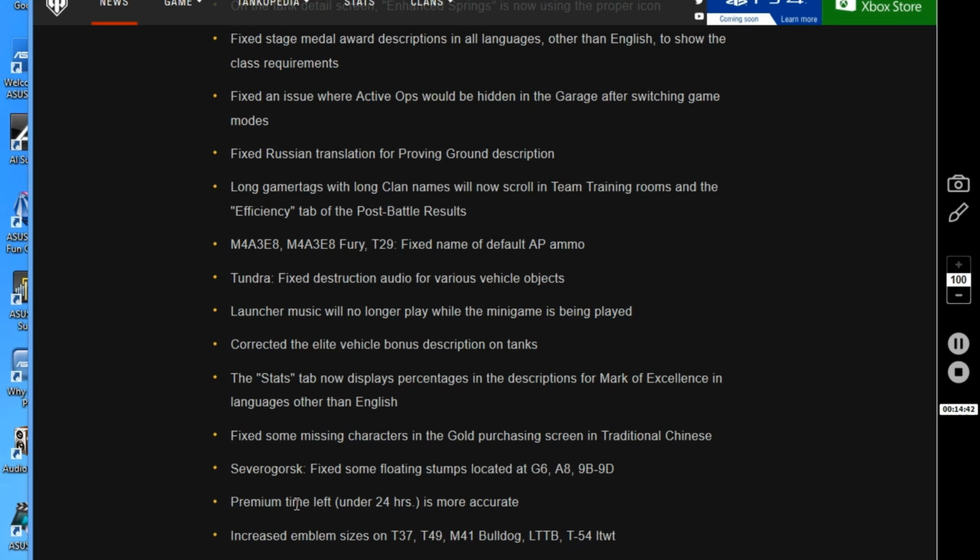Premium time left under 24 hours is more accurate. There was a lot of crying going on the forums over this because people would see that they had a day left of premium time and then suddenly within an hour it disappeared and they would freak out because they think they just got gypped out of premium time. They wouldn't bother to actually launch into a battle and see that they are still being awarded the premium time benefits. But it simply stopped displaying,